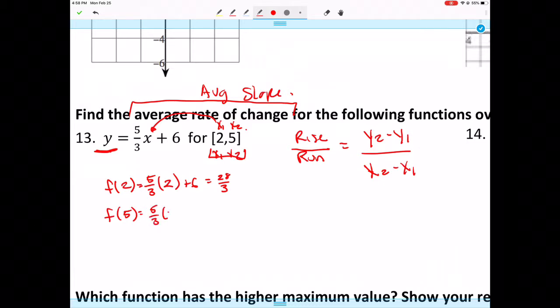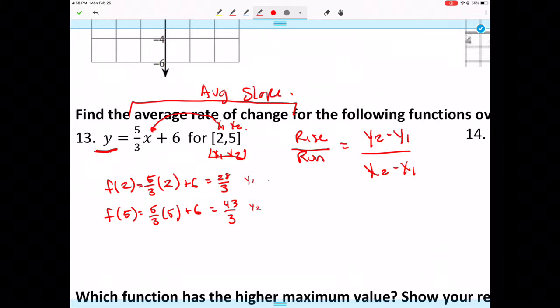We do the same thing. You want to probably use your calculator, and you would get, 1 second. Sorry, I thought I had this already. Gives us 43/3. Okay, so this would be like our y1, y2,